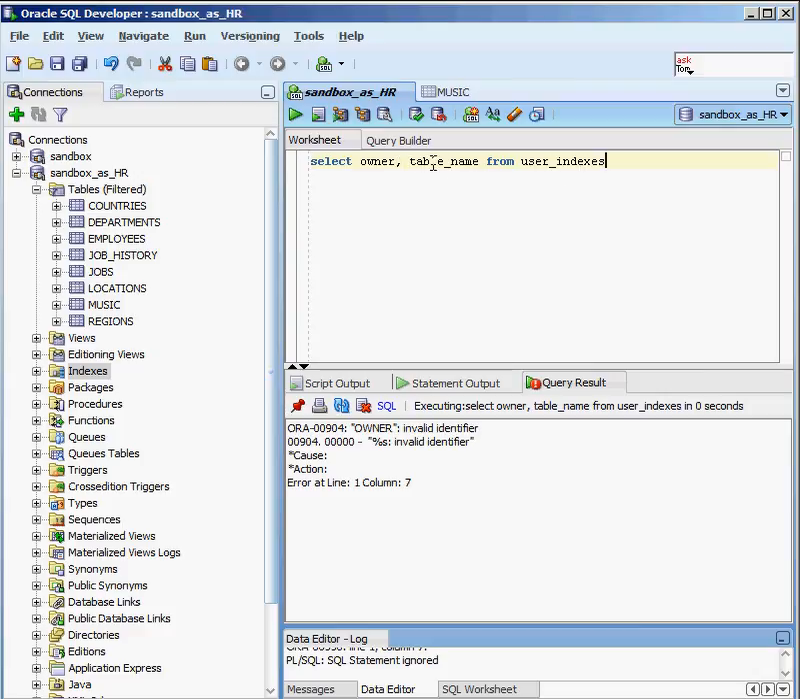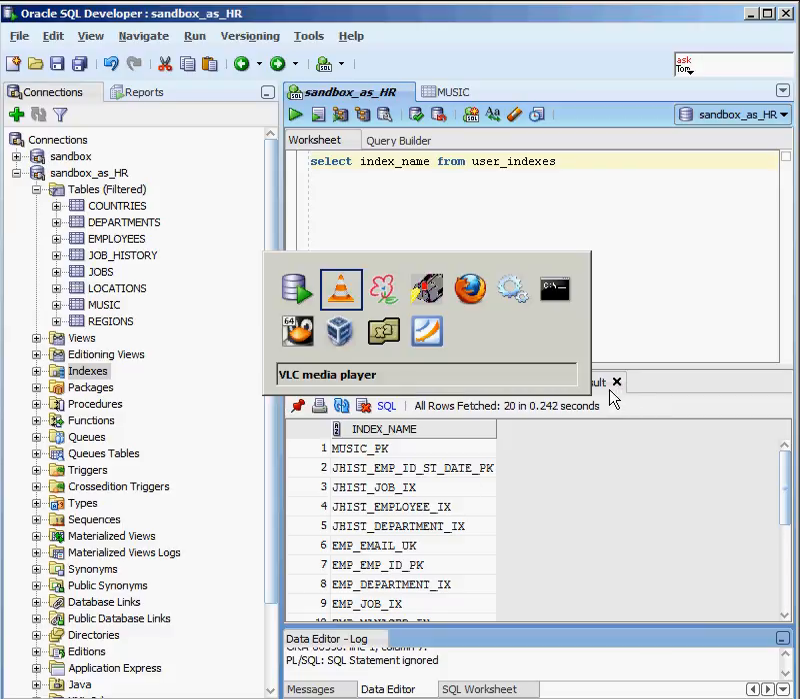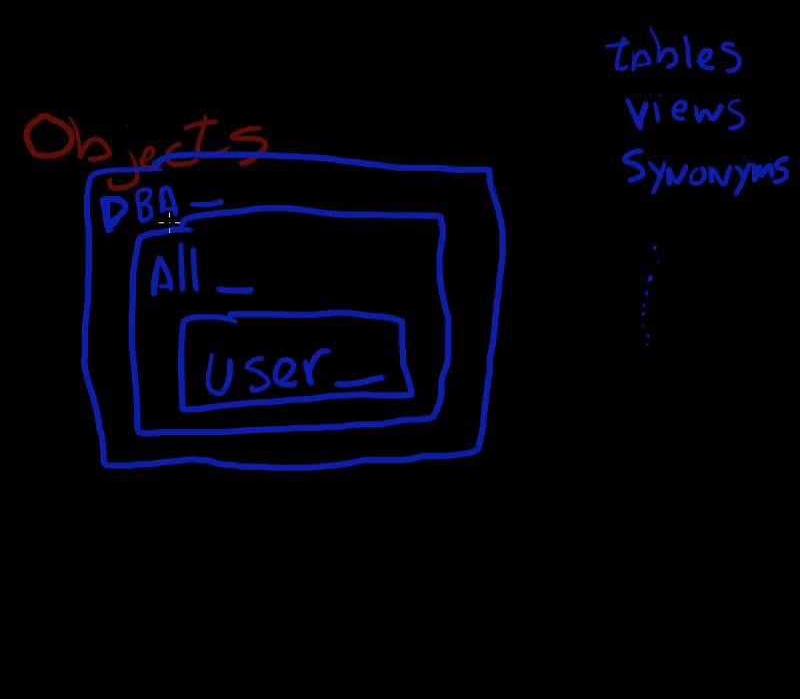Oh, we can't have table name, right, from user indexes. So I changed it here, but I forgot to change the actual column I'm looking for there. And owner's not going to exist in user indexes either. So let's get rid of owner and make that index name. And again, if I didn't know what the actual column is, I can always go out there and just do a describe on user indexes, and I can see index name and all of the other columns that go along with it. So all of the different objects that are out there,